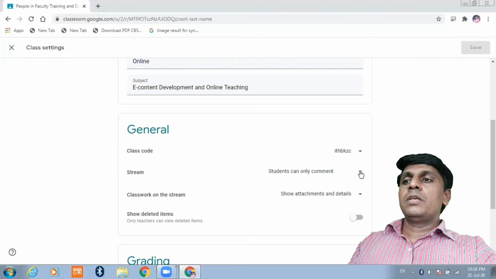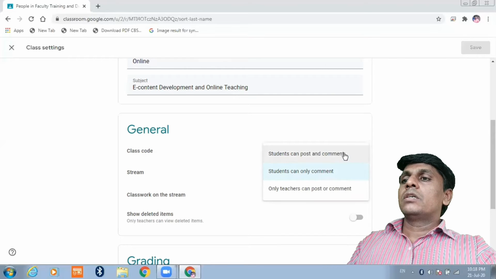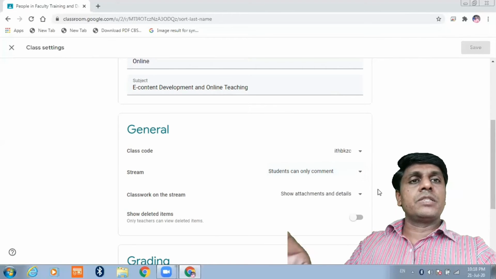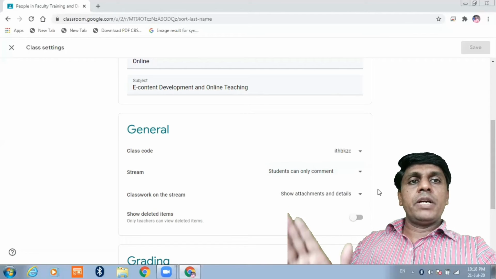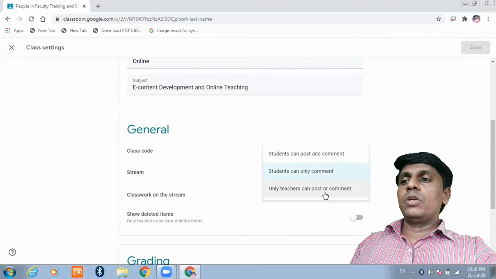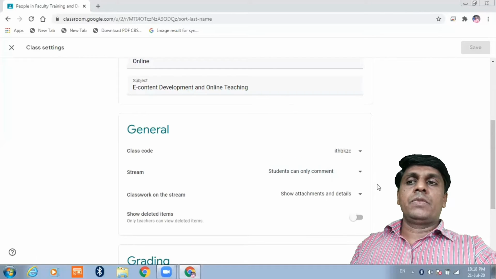For example, student can only comment, or student can post and comment, only teacher can post or comment. As per your requirement you can set here. If you don't want anybody to comment on the class, you can click here, only teacher can comment and post. You can set this one as per your requirement.